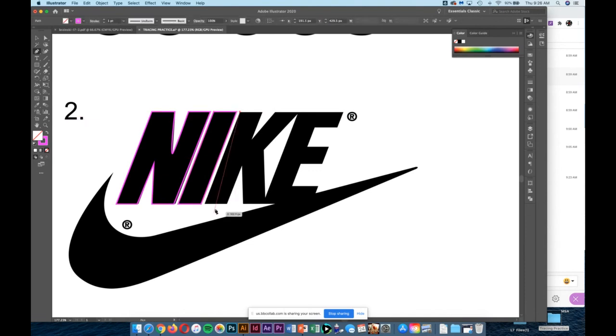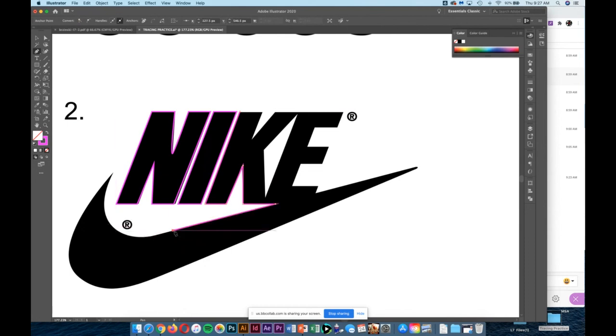Now, this K, the E, and the swoosh, this is all connected. So what I'm going to have to do is just pay attention to my edge lines. Again, so far this is all just clicking from point to point because they've all been straight lines. Now when I get here, I'm not going to connect all this. What I'm going to do is build this as all one big piece. So I'm going to click down to here,